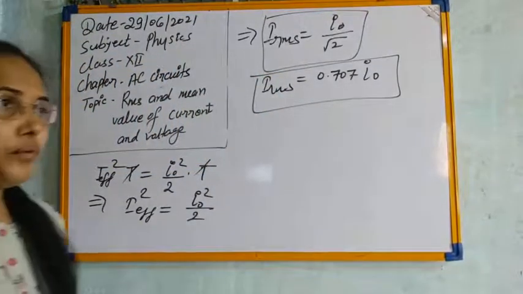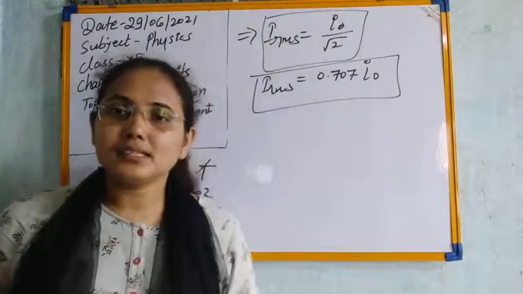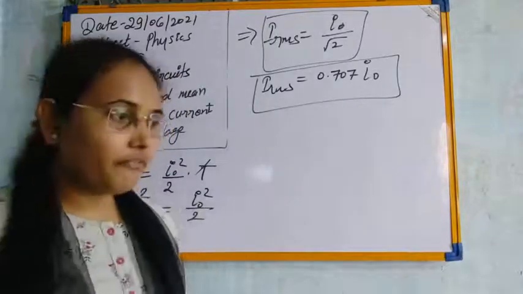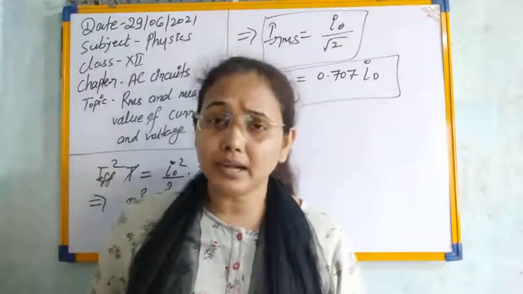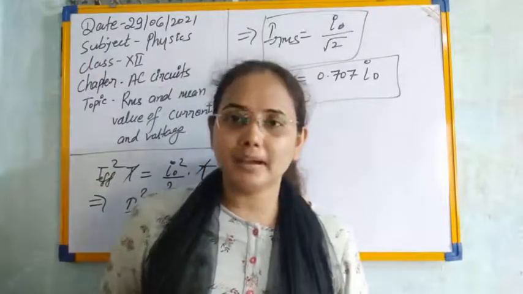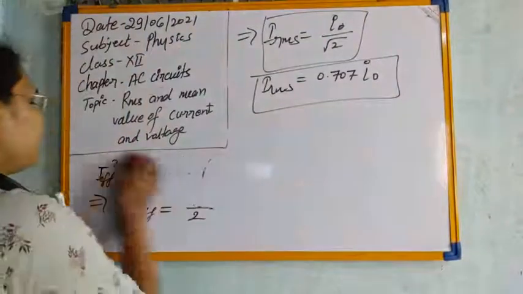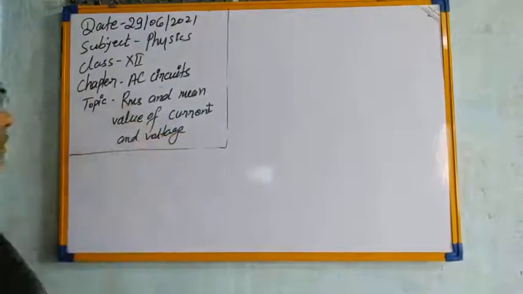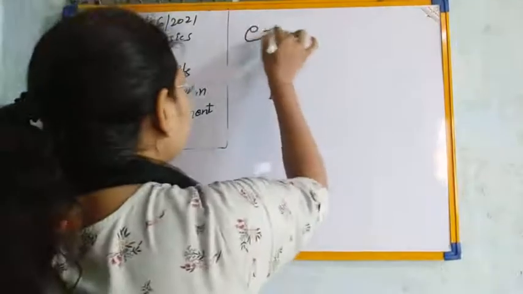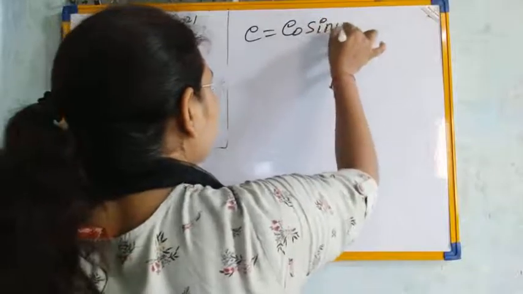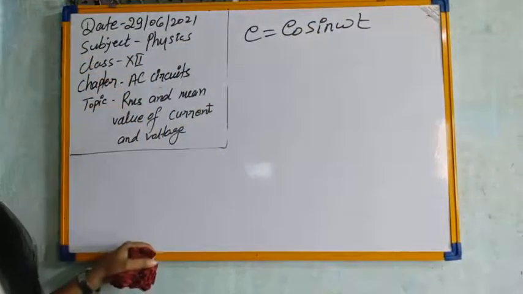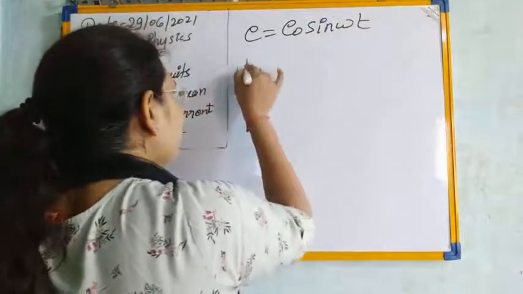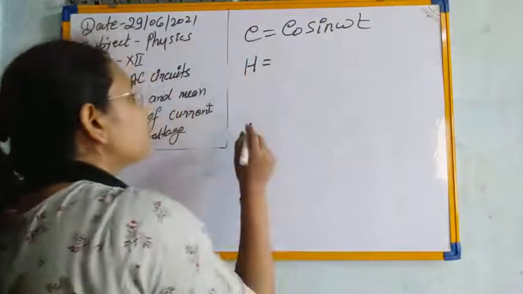So it means that over a complete cycle we are getting this RMS value, or virtual value, or effective value of the current. Now if we have to find the alternating voltage in terms of its RMS value, then we can adopt the same approach here also. So let's write down the RMS value of the alternating voltage also. To calculate the alternating voltage, again we need this formula. We know that the instantaneous induced EMF is given by E0 sin omega t, and according to this, now you can find the heat produced in some short time dt.